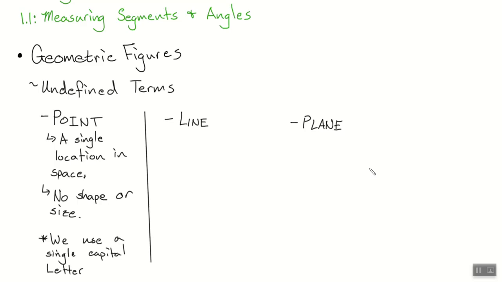Now, we'll do an example where we'll have a plane, a point, and a line, and we'll practice with these. Single capital letters. By default, I usually start at A, but it's completely arbitrary. It could be A, B, C, I don't care.